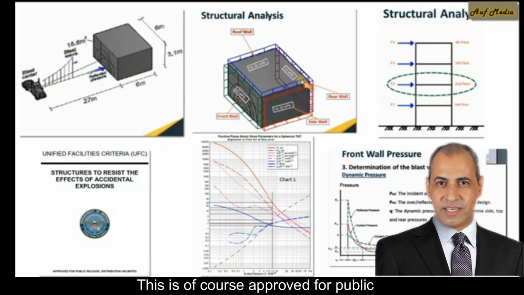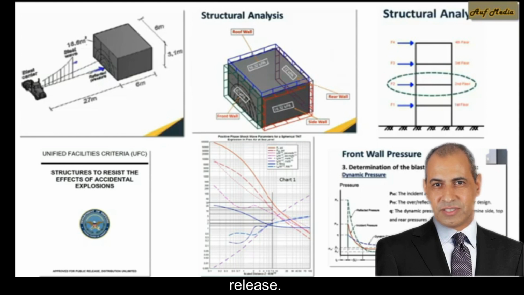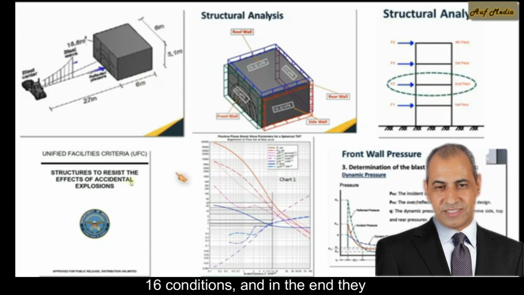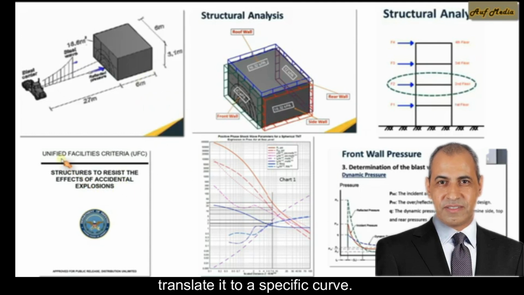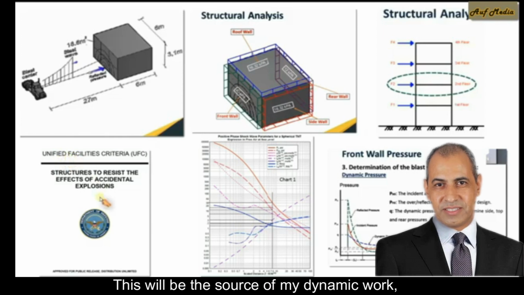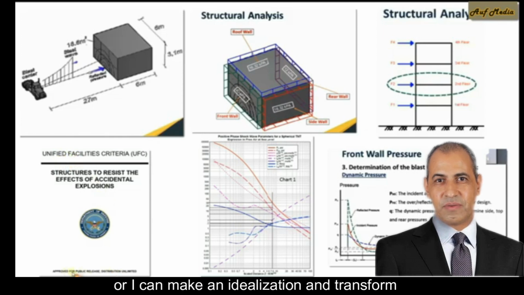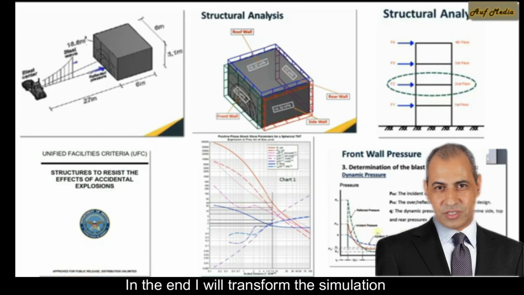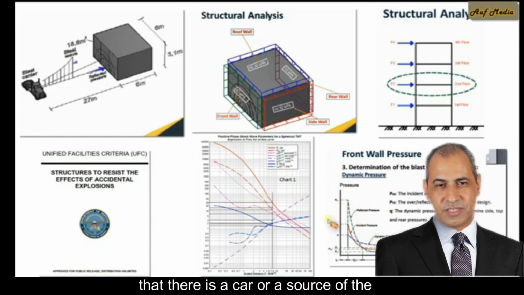I will do it all by myself using the code for that, which is Unified Facility Criteria. This is, of course, approved for public release. There is no problem in using it. There is a set of conditions, about 14 to 16 conditions, and in the end they translate it to a specific curve. This curve can be dynamic, as we will see here. This will be the source of my dynamic work, or I can make an idealization and transform it into lines